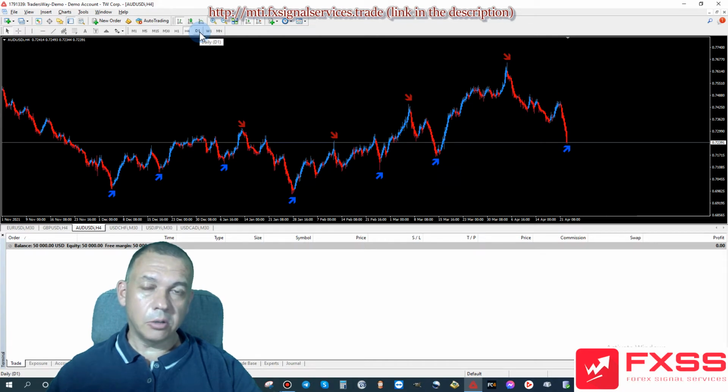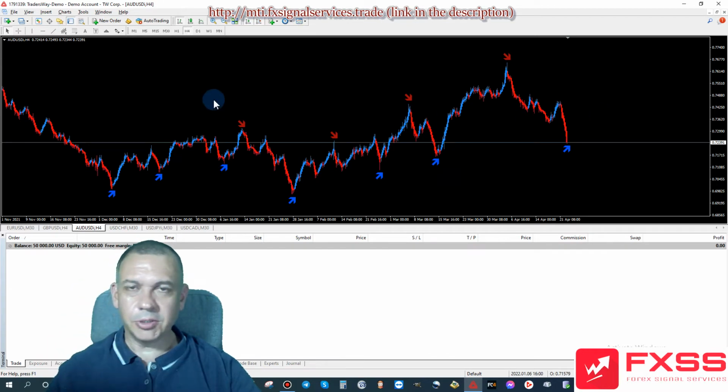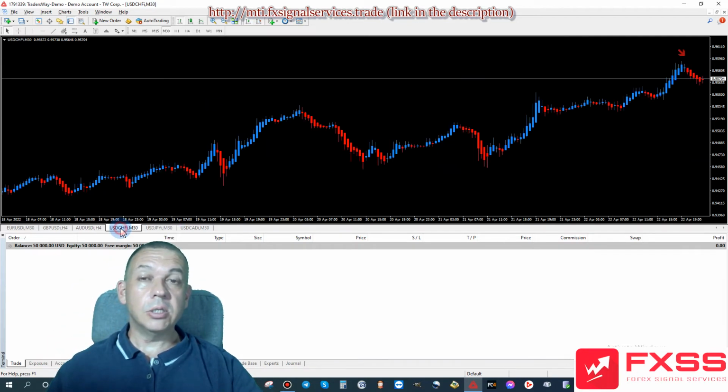That's all depending on the US dollar. If the US dollar drops, this will go up. So I have a strong feeling that the US dollar is definitely getting ready to drop, because this is getting ready to go back up. So one goes up, the other one goes down. Now let's look at USD CHF, the US dollar versus the Swiss franc.